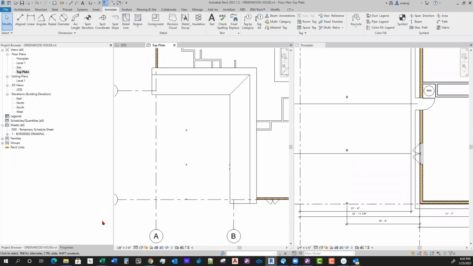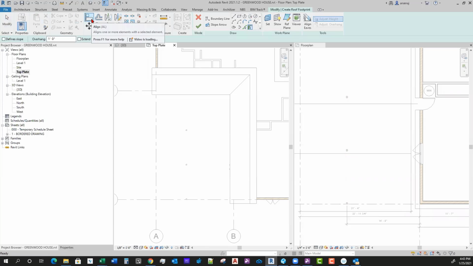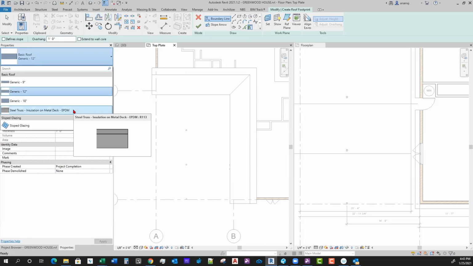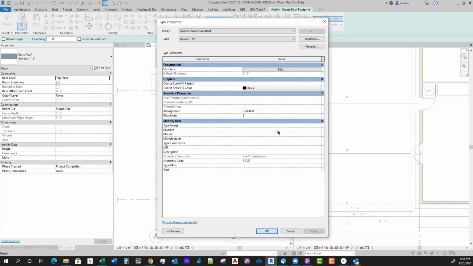So to do that, we can go into the architecture tab, go to the roof by footprint. I'm going to hit my properties palette first, and then I'm going to make a new roof type. So I'm going to edit type, go to duplicate,